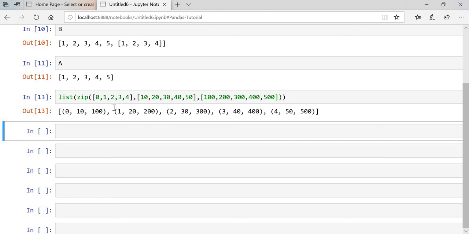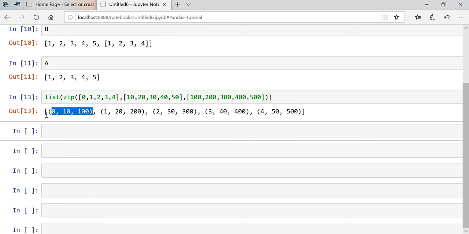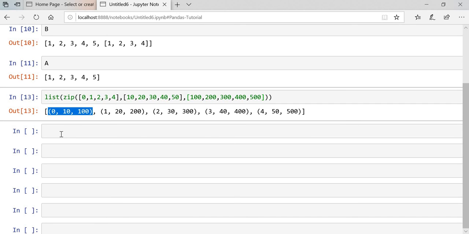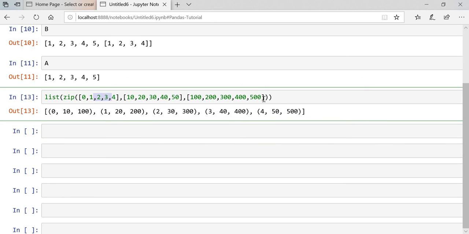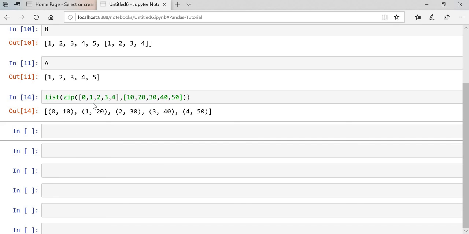From all the lists they come together as a zip, and you will get them in tuple form. Okay guys, hope this makes sense how zip works. It will zip together whatever lists or things you have. I have taken this example, so I will remove this one. Once you execute, you will get it in the zip format.